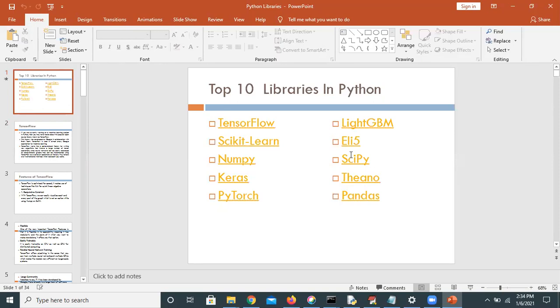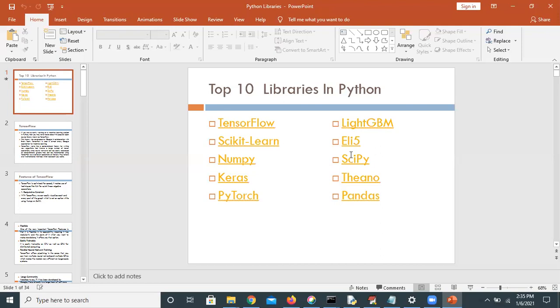In Java also we have libraries, or you can call them packages: util package, IO package, exception. Like that we have a number of packages. Like that, Python has libraries. What are the libraries available? These are the libraries available. In this example I'm saying 10, but in reality we have a rich library, unlimited libraries. Each and every day they are adding libraries, and each and every day the libraries are updated. So fine, we can learn about these top 10 libraries.